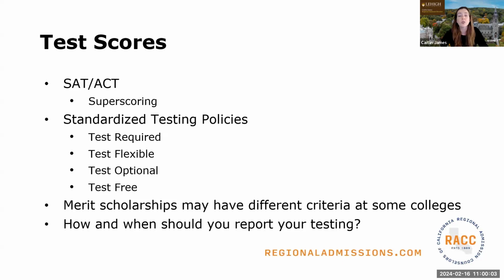And then super scoring. Super scoring essentially means that you are taking the best of the different section scores from maybe if you've sat multiple times for a particular test, which I hope not too many, but maybe you sat twice and you have a better reading score and a better science score in one versus the other. And so it's really important to be able to have that and include that information on your application. We also have standardized testing policies too. So maybe it's test required, maybe it's flexible, optional, or test-free completely. And so that's really important to us, so we can take that into consideration. So always be asking those questions as well.